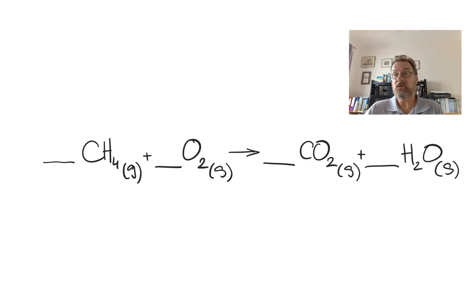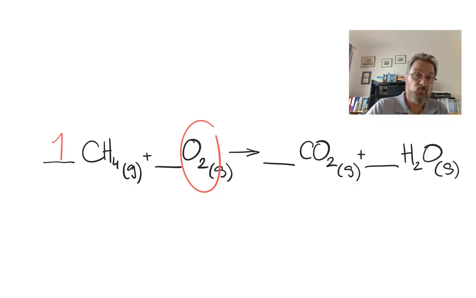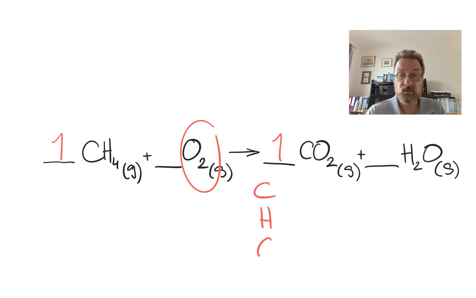So here we have the combustion of methane, so the reaction of methane with oxygen, right? Methane and oxygen in the gas phase, carbon dioxide gas phase, water presumed in the gas phase due to the energy given off. Now, if I start with 1 methane, then I should end up with 1 carbon dioxide, right? Because if we look at the elements involved,